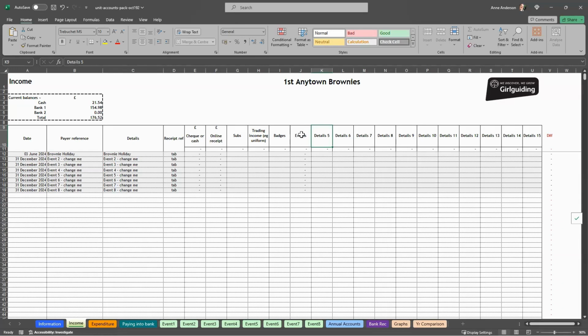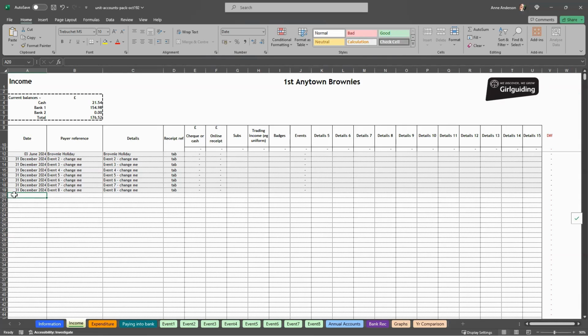This one's preset because these are linked to those events pages at the bottom. So you can't change this header here, and you need to put any other events in this column as well. So once you've set up your headers and you start getting income coming in, you're going to put a line for every bit of income that comes in. And it's really important that we split this out into the individuals that are making those payments. So for example, on one evening at the beginning of term, you might have 10 brownies all paying you their subs. But it's important that we add that as 10 different lines here so we can record each individual child's